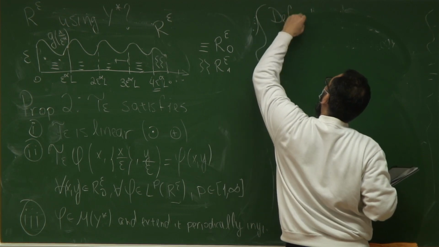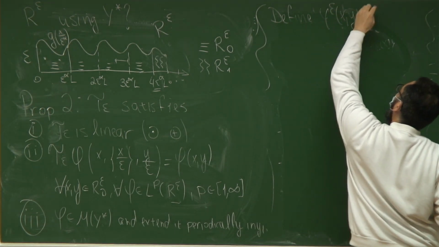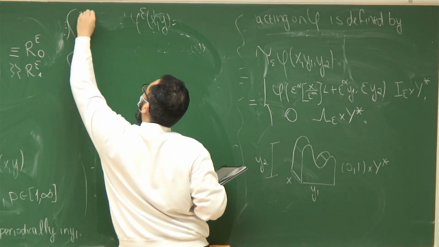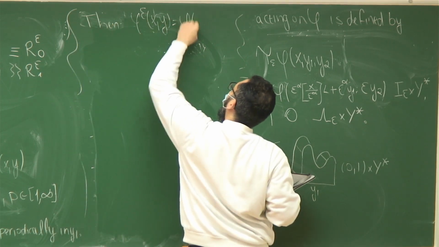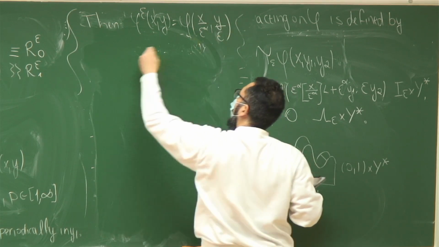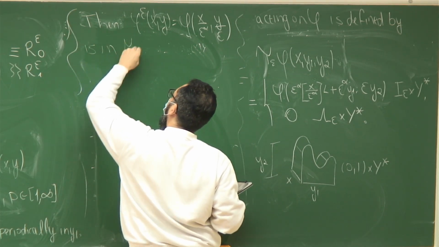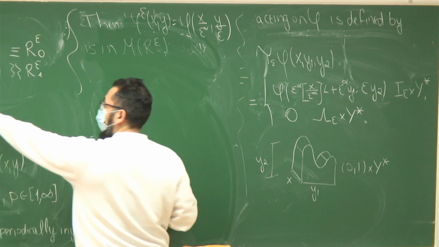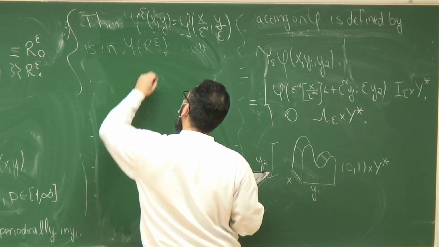Define phi epsilon. Sorry, then is in here. This is all very common. Basically, the justification is here, that this is also measurable. And